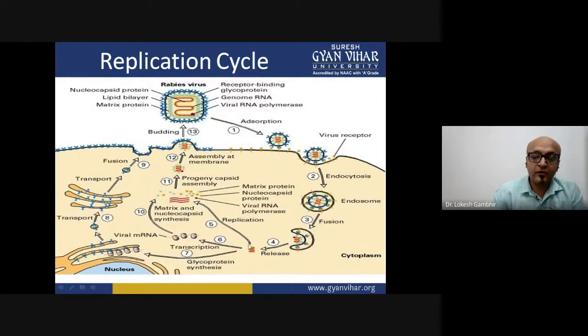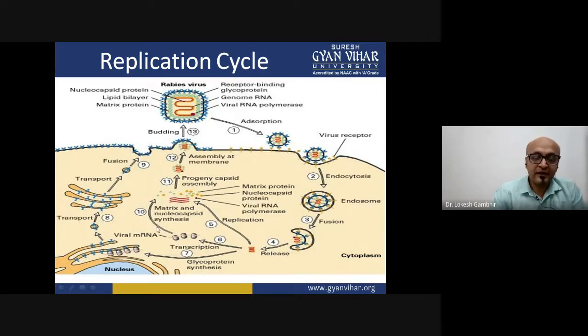You see, in order to multiply the negative strand RNA, the process we are calling replication, there is a requirement of RNA dependent RNA polymerase. That function is performed by your viral proteins once they are formed. So viral RNA polymerase will lead to the formation of multiple copies of this RNA. Then what is happening otherwise?